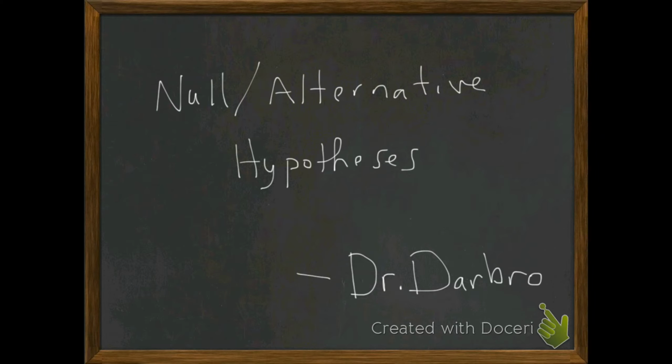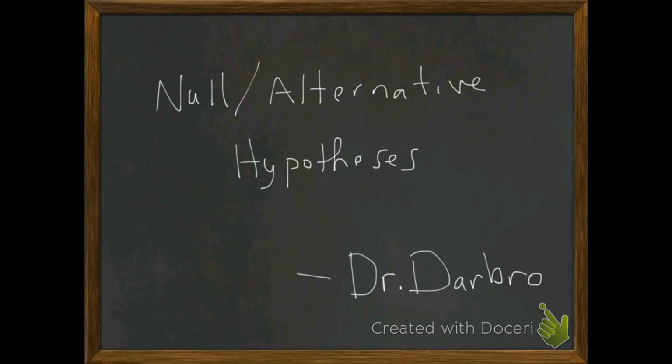Okay guys, the topic of this video is null and alternative hypotheses and how we set these things up. From the previous video on the reasoning behind hypothesis testing, we can see that the purpose of the null and alternative hypothesis is to officially state what we want to test. It's extremely important to get started in the right direction, because we're ultimately going to teach you how to make a final decision. And the final decision is with respect to what we officially set up in the null and